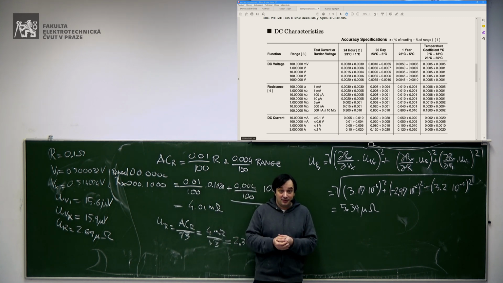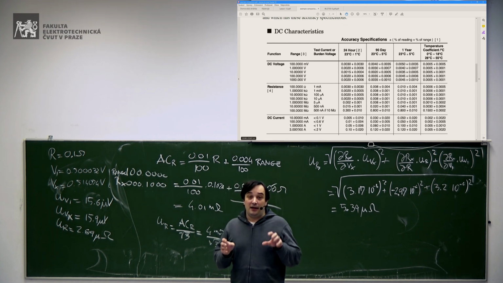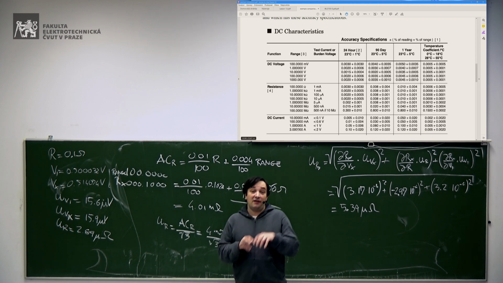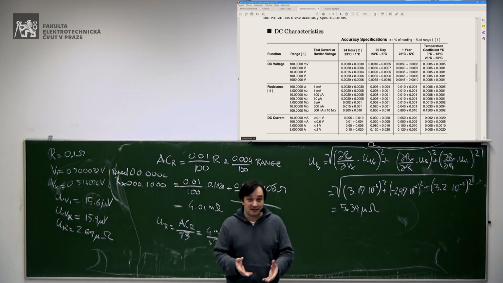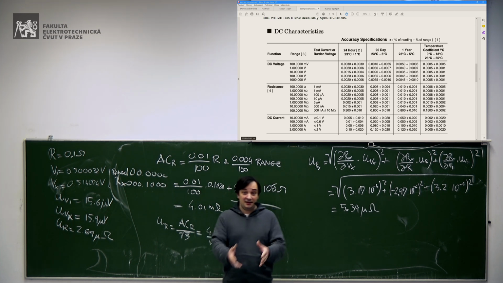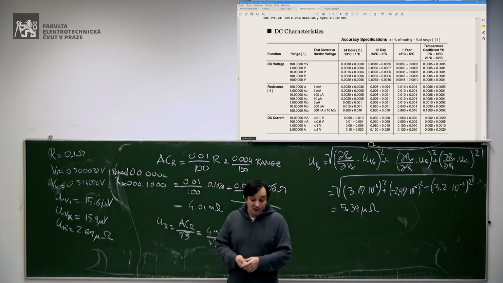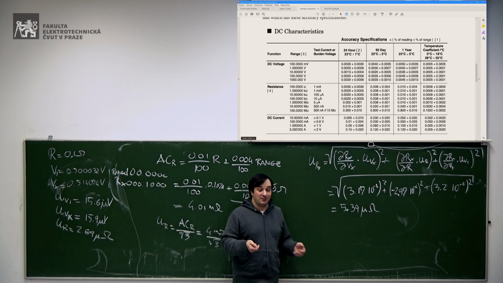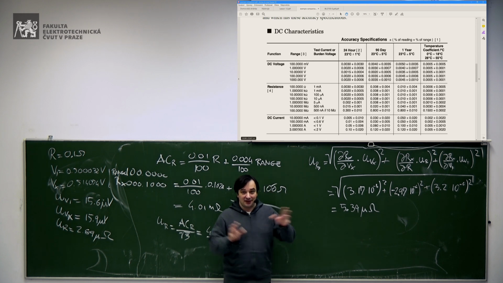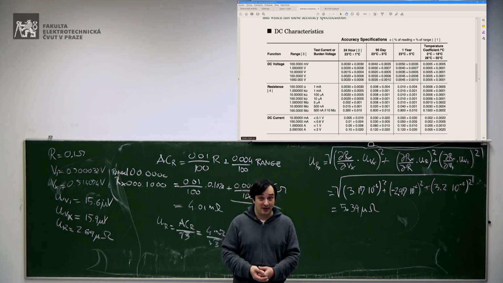there are several methods to measure a physical quantity, in this case resistance, and the method that you use will affect the result. So it's not just the instrument itself, but the way that you use it, like in this case, instead of using the same instrument as an ohmmeter, I use it as a voltmeter. Eventually, if you don't have 2 of them, you can first measure 1 voltage and then the other. It's not ideal, but we can approximate it. And just with the standard, you can have a better measurement.